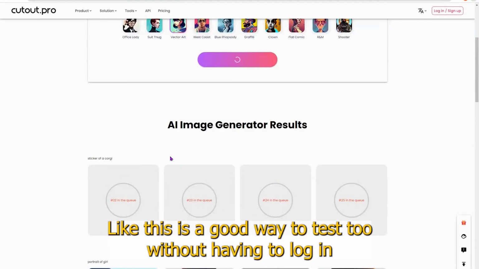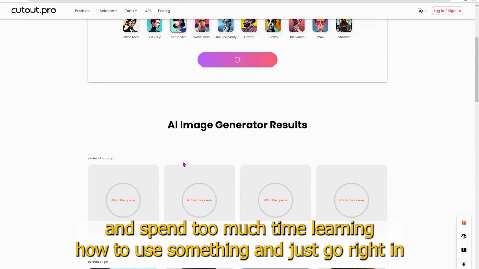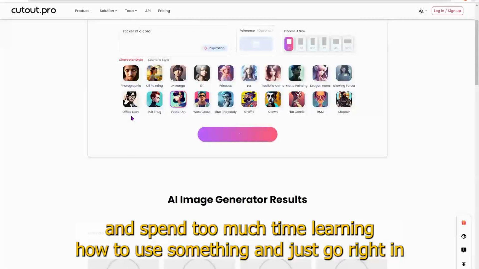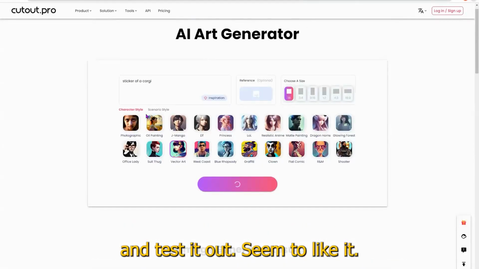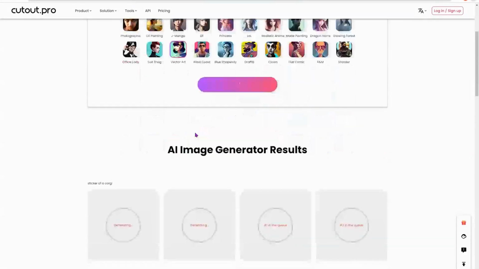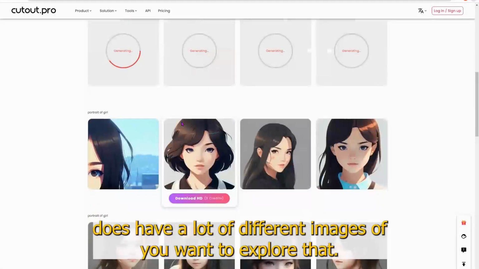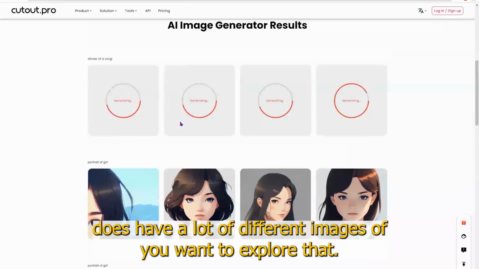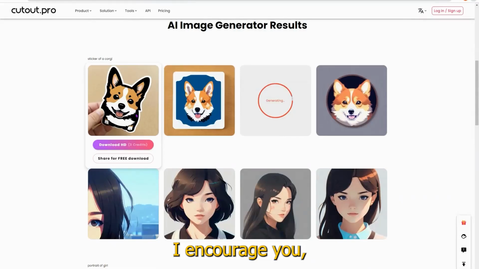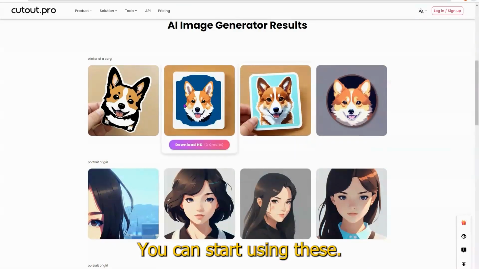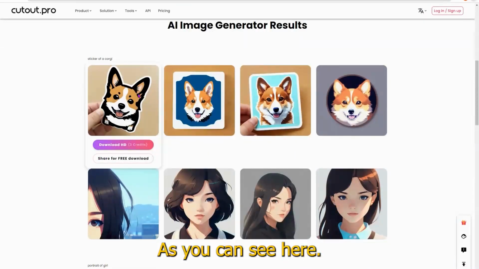Again, this is a good way to test without having to log in and spend too much time learning how to use something. You just go right in and test it out, see if you like it. The gallery does have a lot of different images, so if you want to explore that, I encourage you. These are pretty cool. You can start using these. As you can see here,